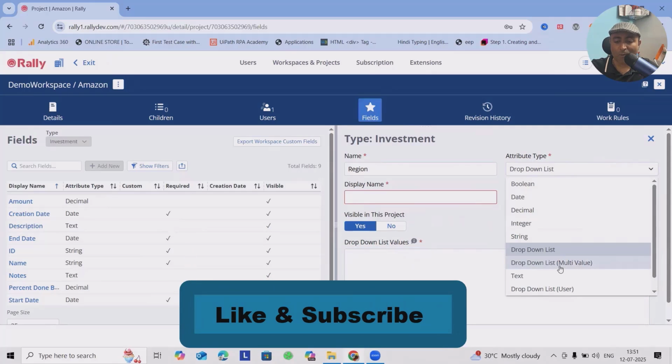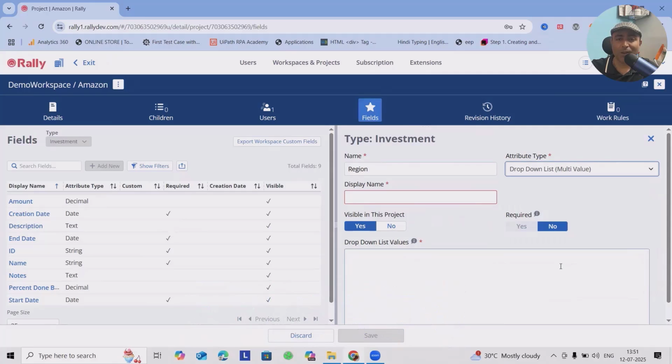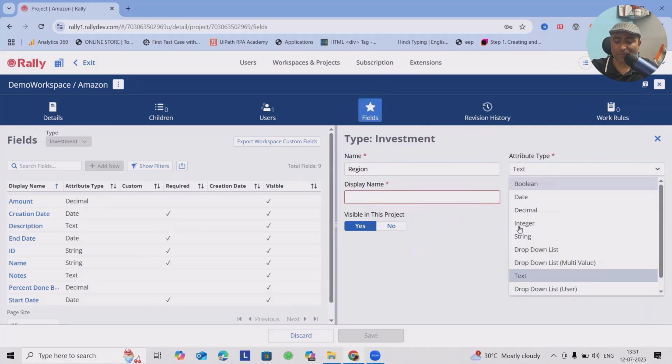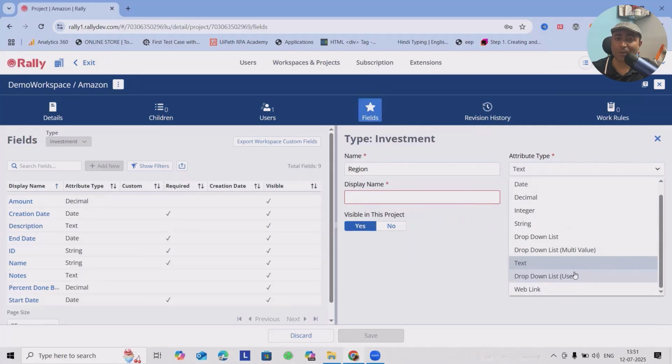Next will be drop down list multi-value, where you give options to the user to select multiple fields together. And finally we have drop down list user, where you give the users the option to select any user field. Assignee is the field we normally use with drop down list user, where you can select a user or assign your tickets to any user. And web link, where you can add